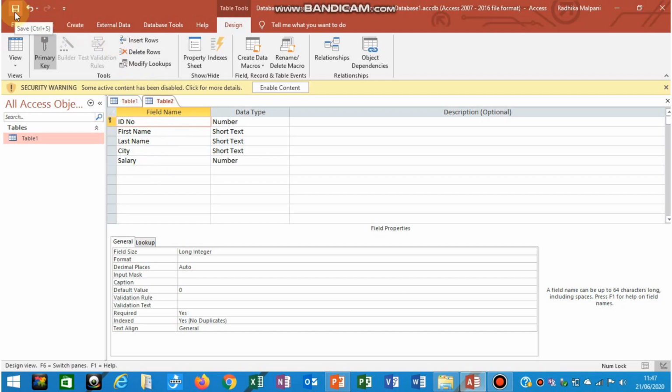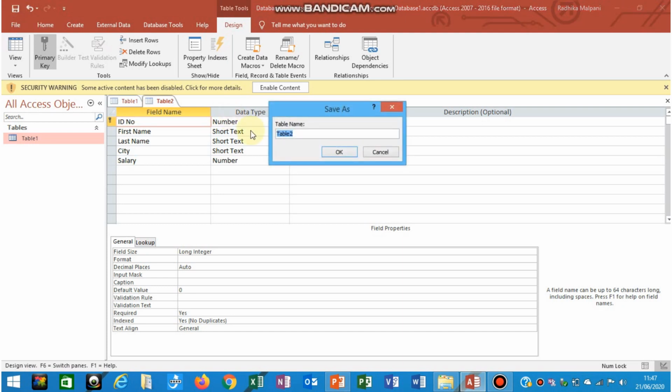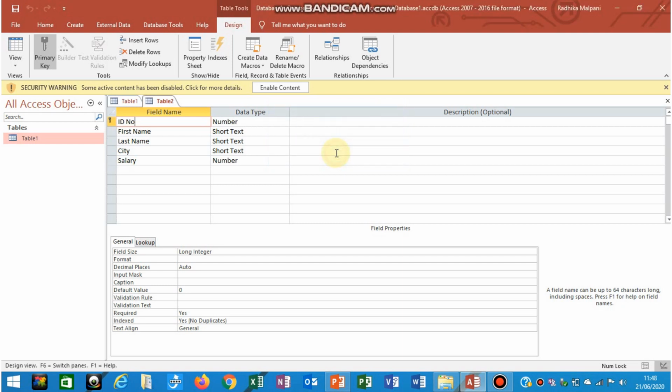Fine. For saving the changes, click on the save option, and if you want to rename your table, you can give any name you want here. Okay. I don't want to rename it, so I'm keeping it as table 2 only. Fine. So then click OK.